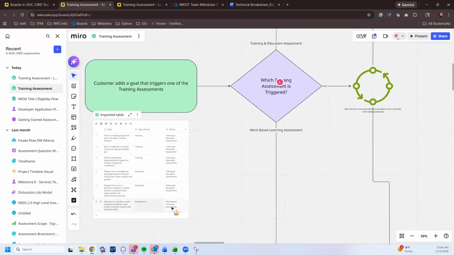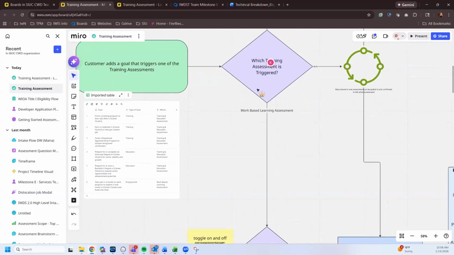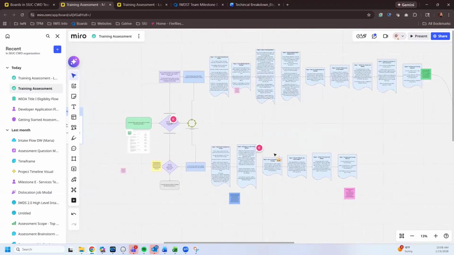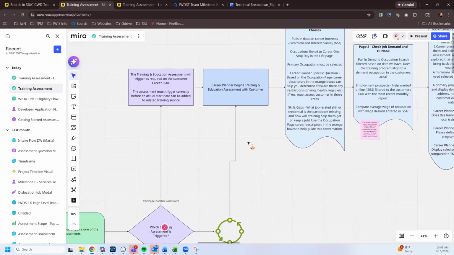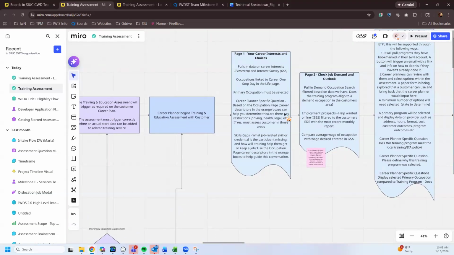Then we have the work-based learning assessment. So that's our bottom row here. As you zoom out, it's just a little smaller. There's a few pages stripped out that we're not doing as part of this work-based learning assessment. Last week, we talked through this